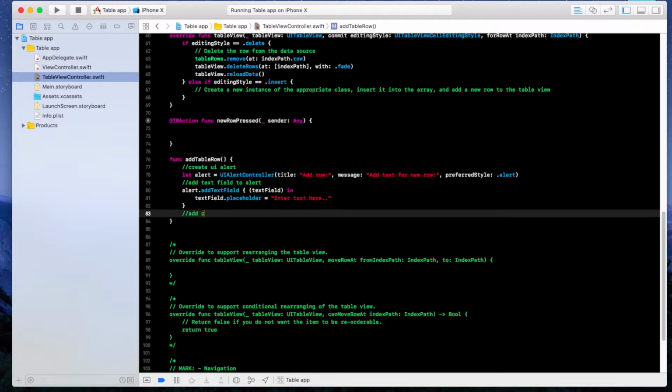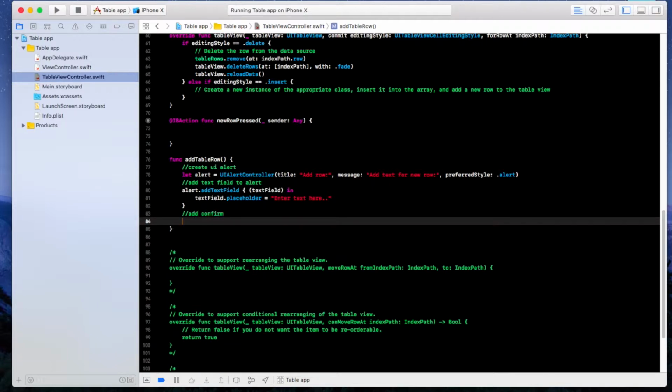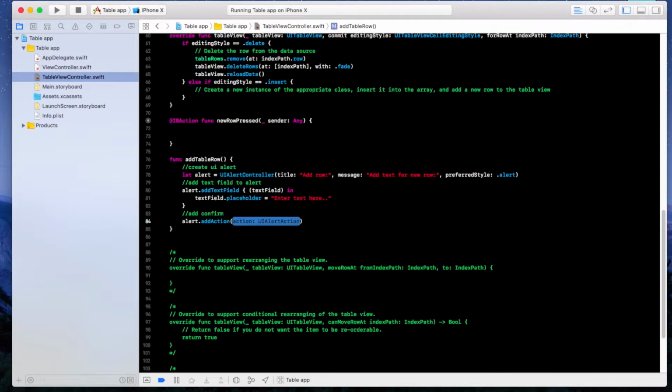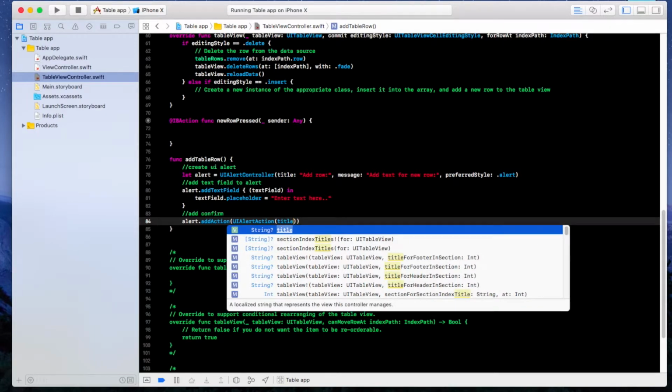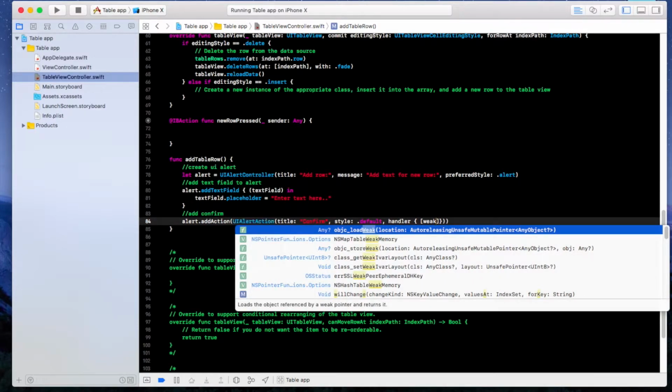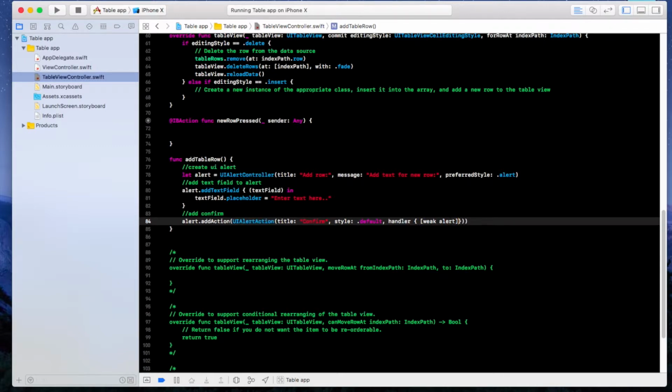We're gonna add a confirm button to read from the text field. So we're gonna say alert.addAction. This is going to be a UIAlertAction. We're going to give it a title of confirm. Our style will be .default. Our handler will be curly brace, bracket, weak alert, close bracket. And we're going to have parenthesis, underscore, parenthesis, underscore, parenthesis,